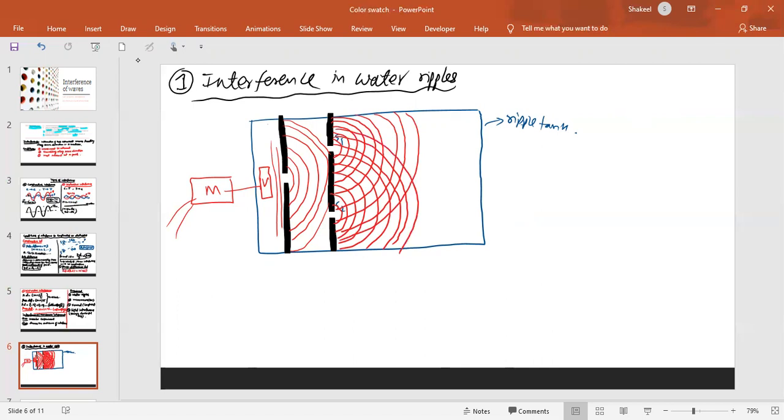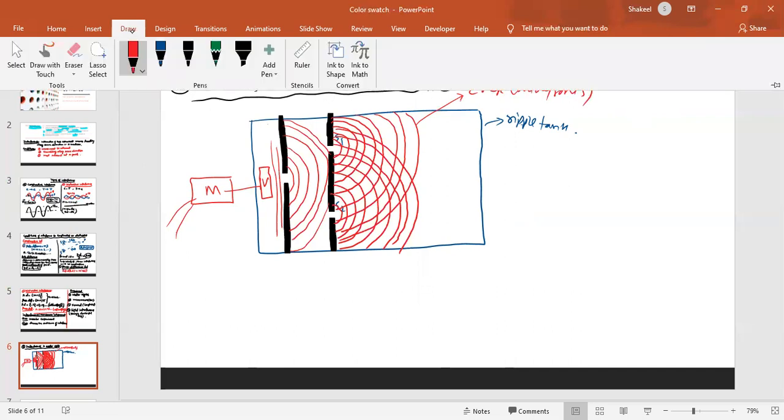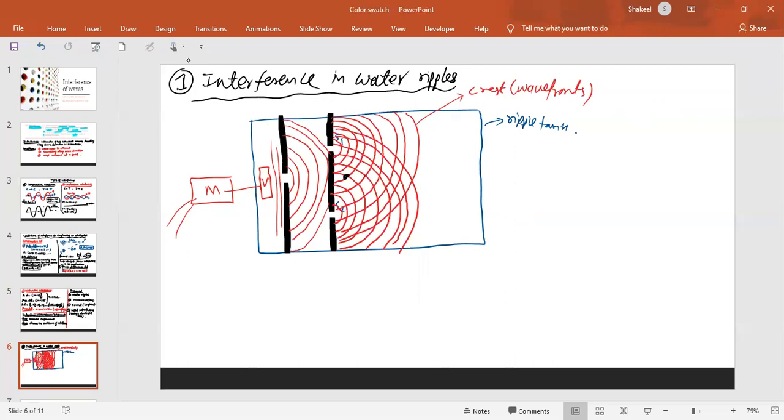So as a result, what I have drawn are, let's say, crests. These are the wave fronts which are made by joining all the crests. So what will happen is that at the points where two crests are forming